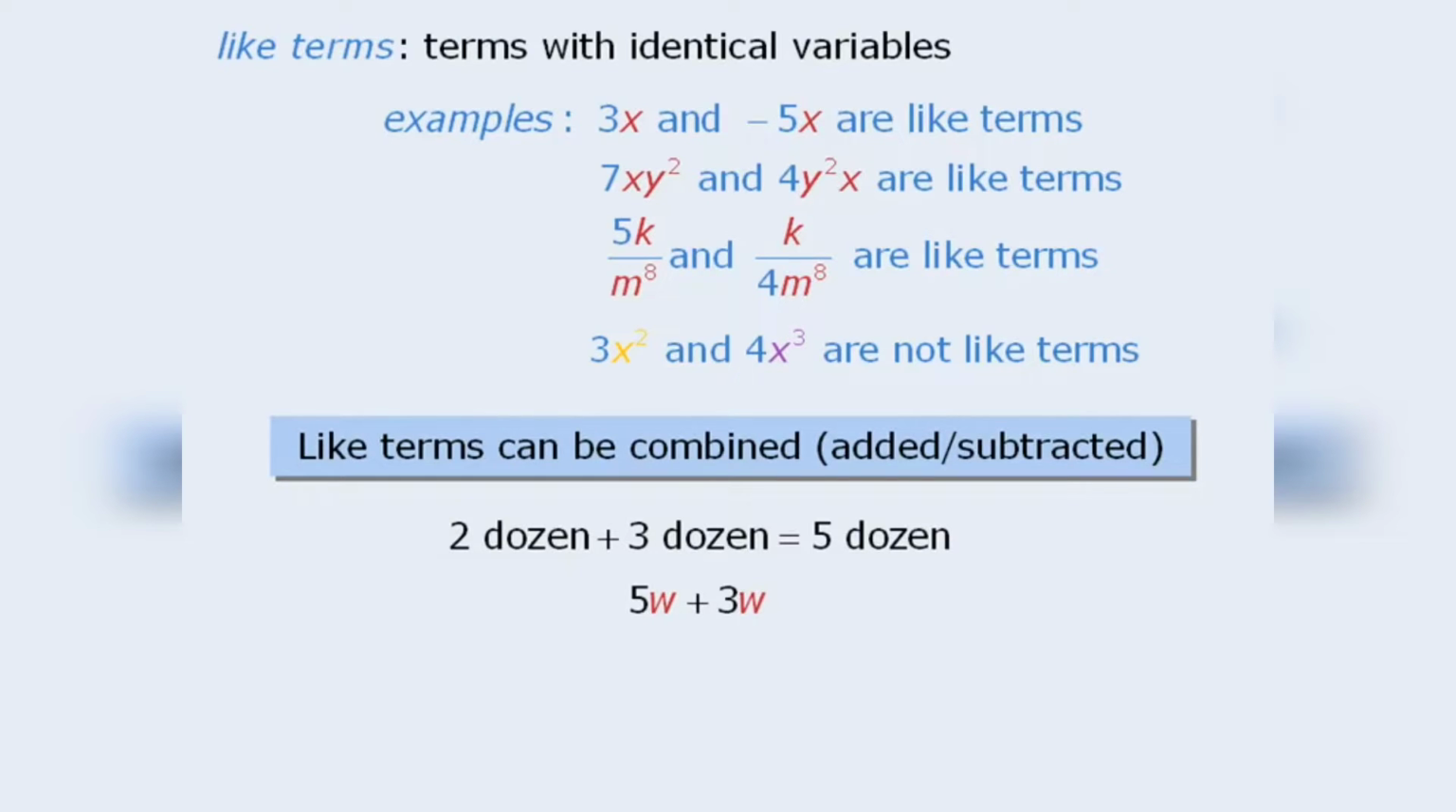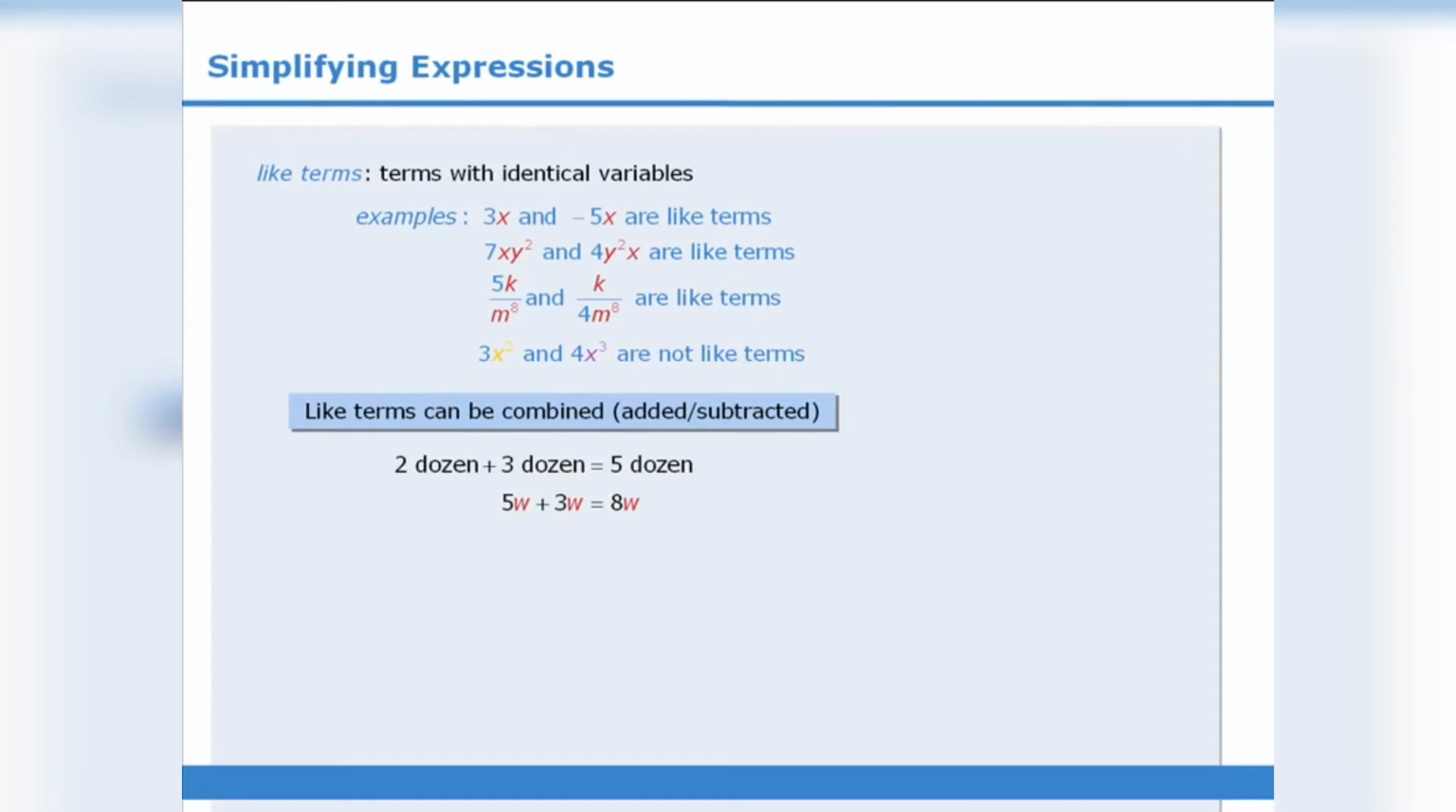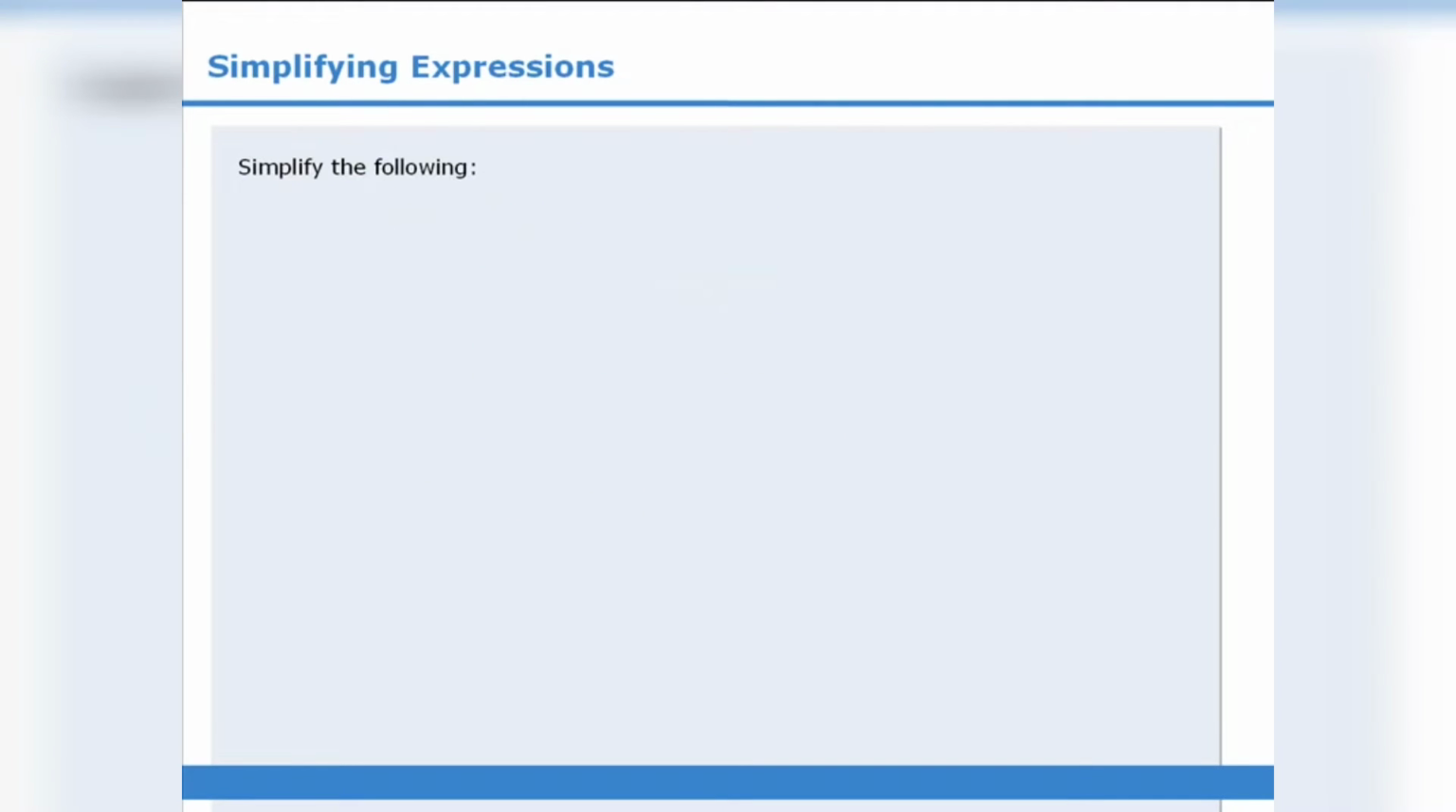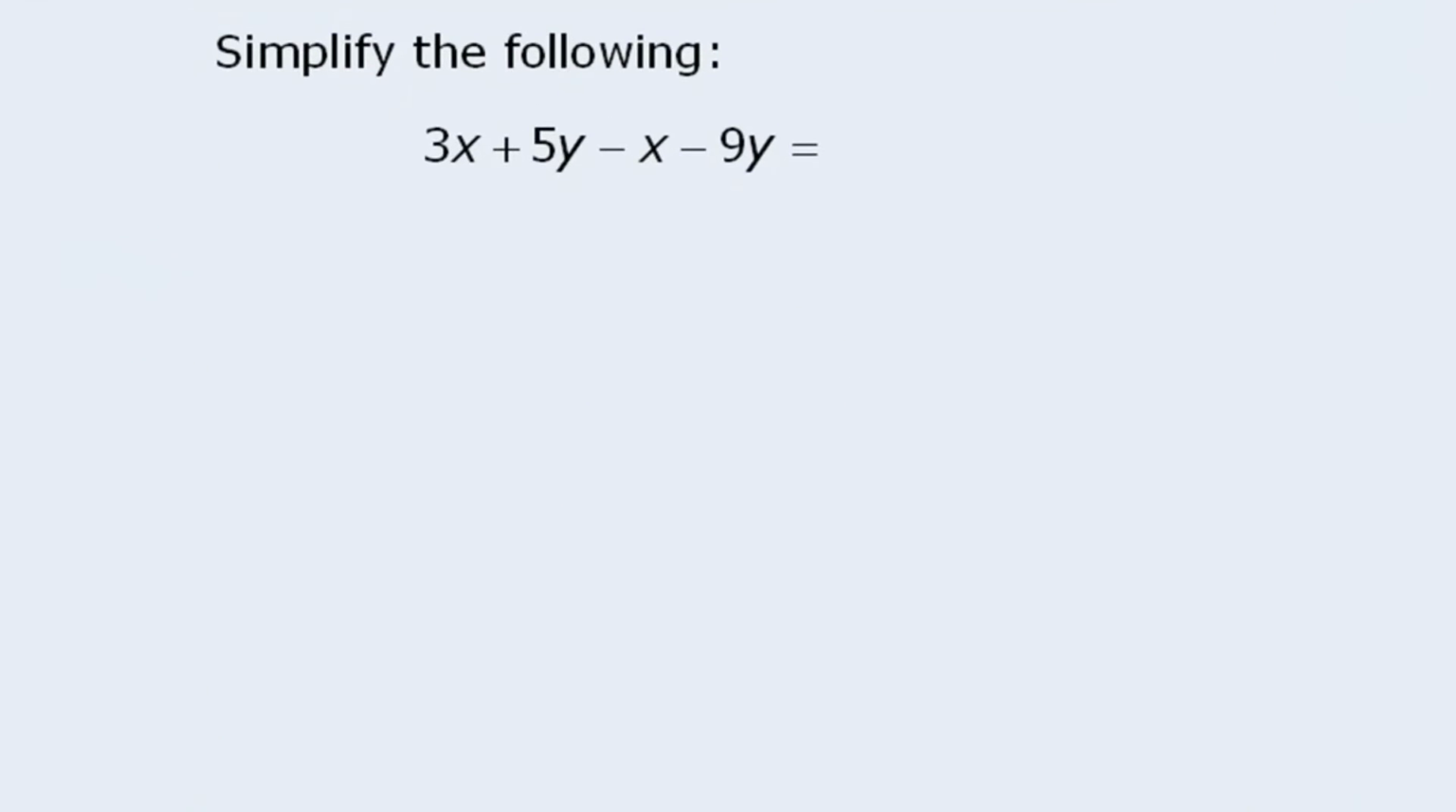Similarly, since the w in the term 5w has the same value as the w in 3w, we can combine these two terms to get 8w. This process of combining terms is called simplifying. Okay, now let's practice. To simplify this expression, we need to recognize that we have some like terms here that